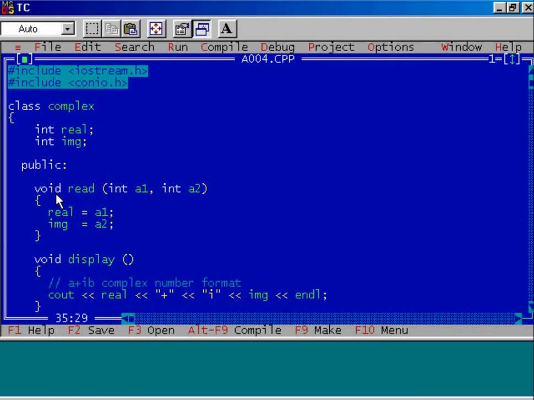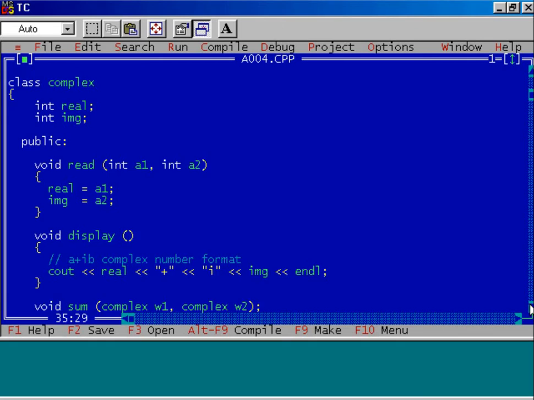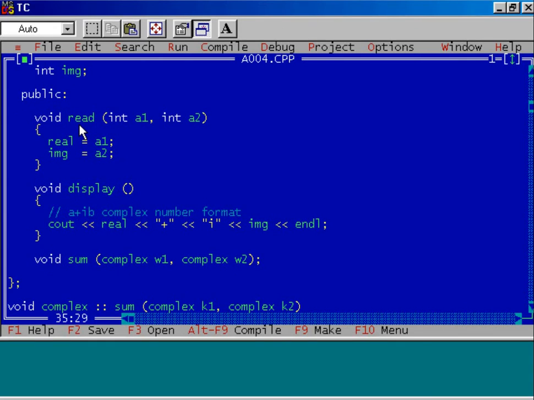After that, I included the member functions read, display and sum. Observe carefully, read and display are defined inside the class and that is why they are inline functions, whereas sum, this member function, I have defined outside the class. Declaration is included over here, but I have defined it outside the class. Hence, it is a non-inline function.